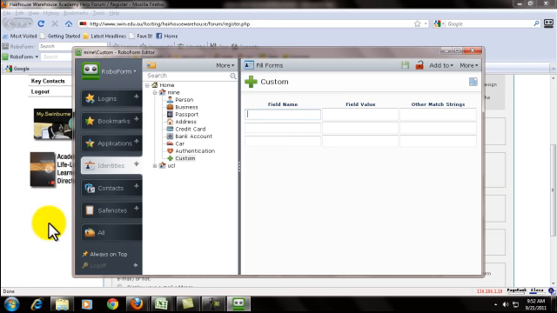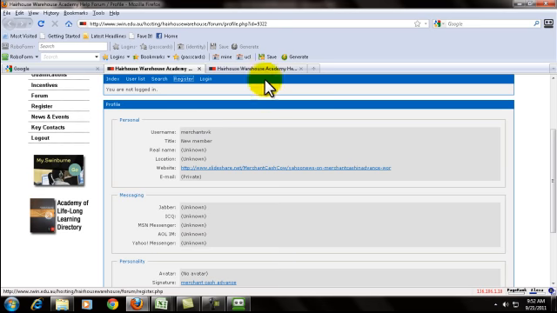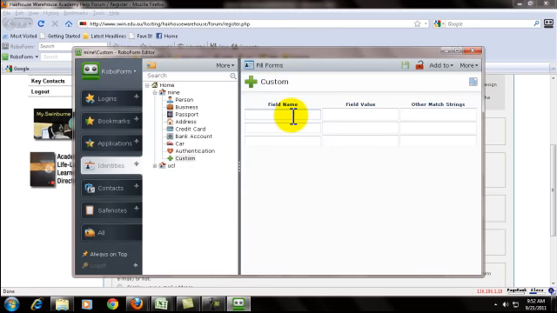For example, I want it to autofill on the website field.